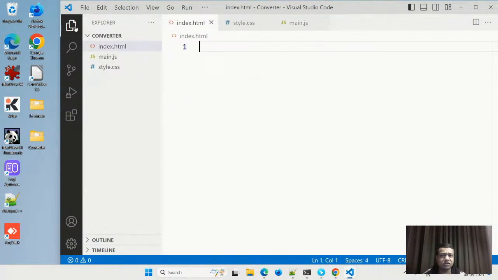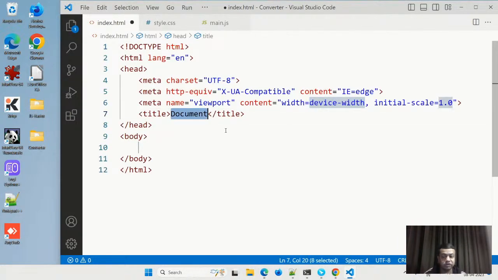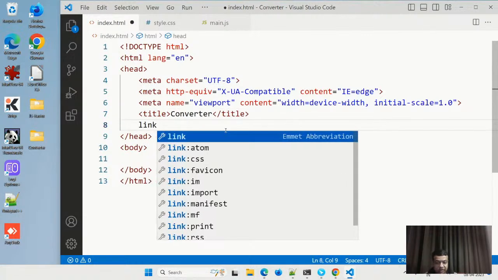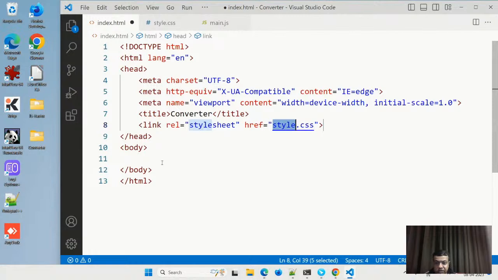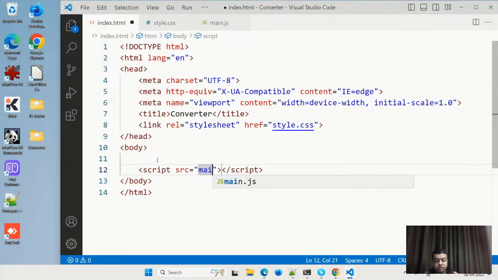So we're doing everything in the console, but that is not the way to do it. We did that because I was teaching what is there in JavaScript. But if you want to do a real project like a converter app, you should have everything like HTML, CSS, and JavaScript. So here I will have a link first and link the CSS. Then I will come here and do a script src main.js.